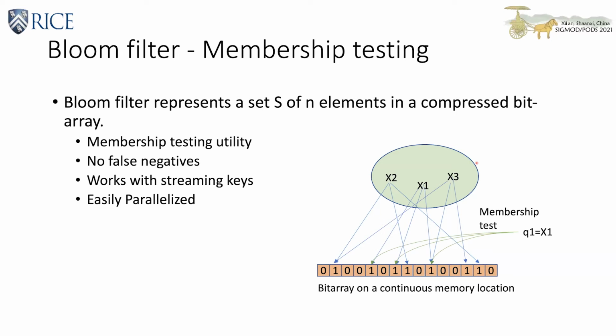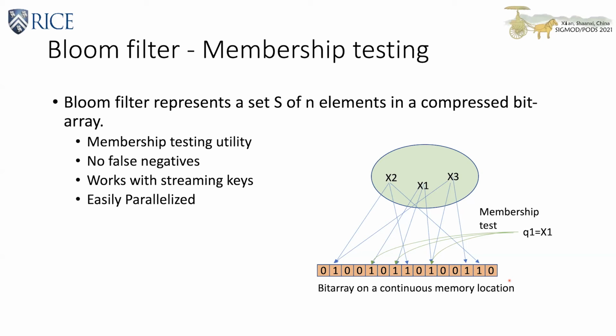Once the insertion is done, the Bloom filter can be used to determine whether a query Q is in the set S or not by hashing Q with the same hash functions h1, h2, and h3, and calculating the AND of the bits at these 3 locations. The output will be true if all 3 locations are 1, and it will be false if at least one of the locations is 0.